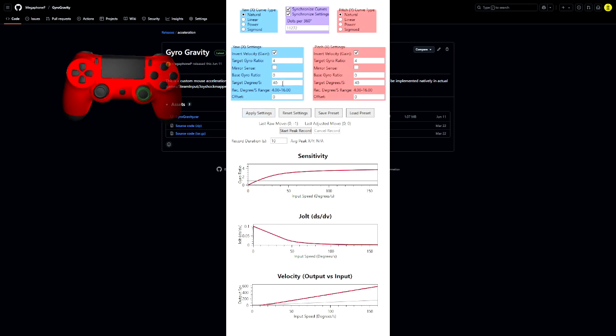The next setting is your target degrees per second, and below that were some recommendations that I originally had, but I realized my old recommendations were flawed because my logic was flawed. These numbers down here are based on the square of your target gyro ratio. So if you're playing at 4, squared is 16. And early on in my testing, I realized that this was a decent sort of range to stay in for whatever sensitivity you're using. But I later realized that this was just kind of a pure happy coincidence, because the